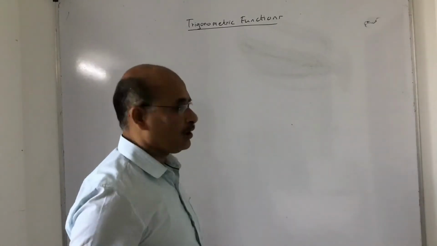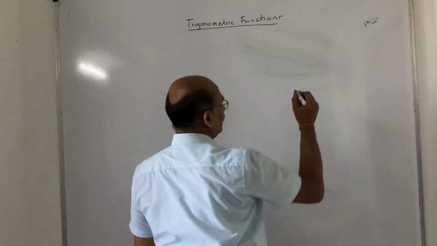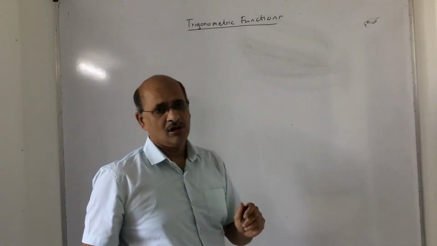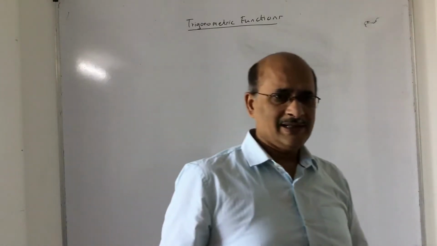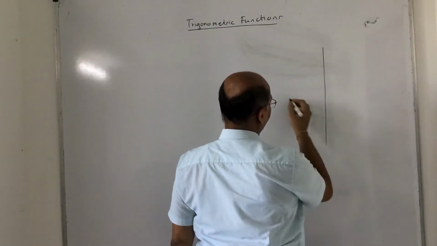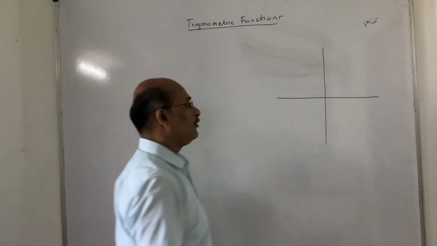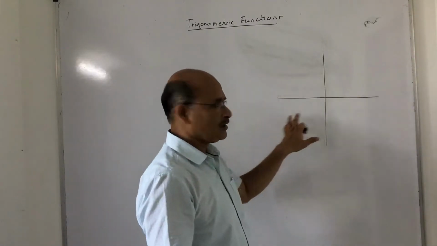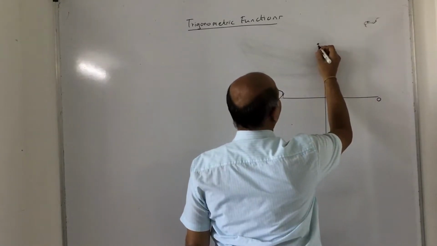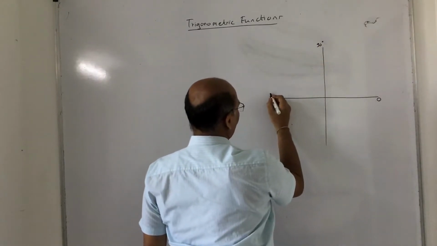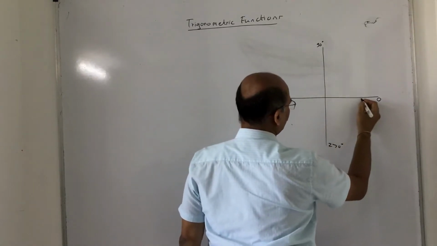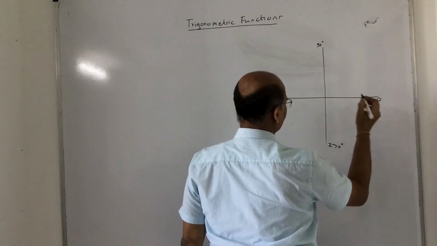The first thing you have to understand is, remember we are talking about trigonometric ratios. When I say trigonometric ratios, it is the ratio of the sides and the angle where the terminal arm is present. The first thing is any plane, okay? Any plane is always divided into 4 quadrants, that you are already aware. Now this part is 0 degree, this is 90 degree, this is 180 degree, and this is 270 degree, and you complete one rotation, that is 360 degree.